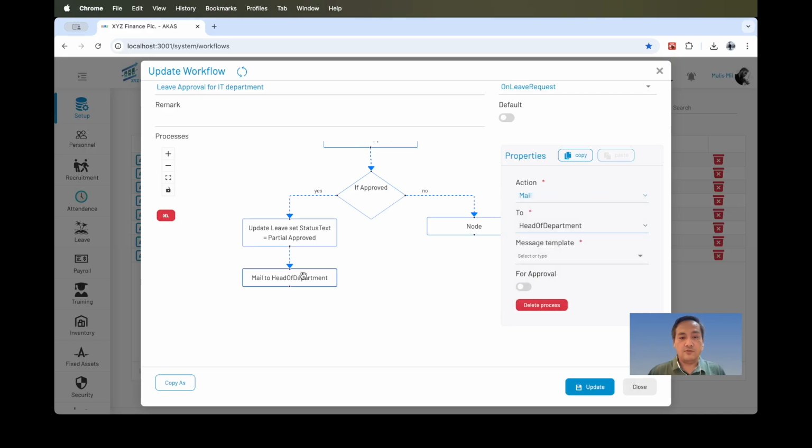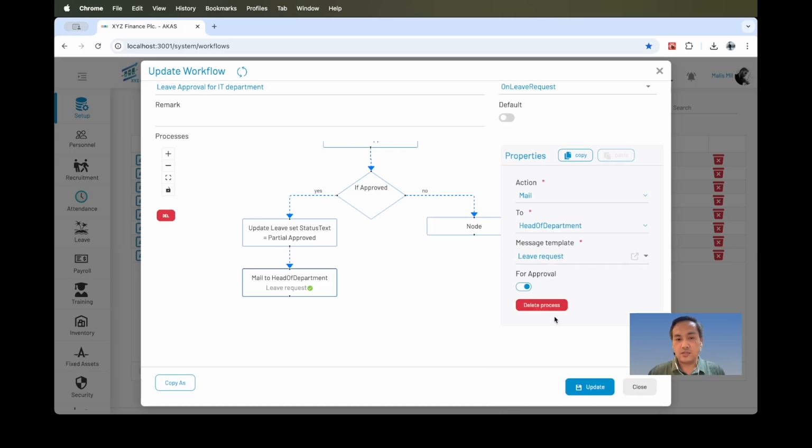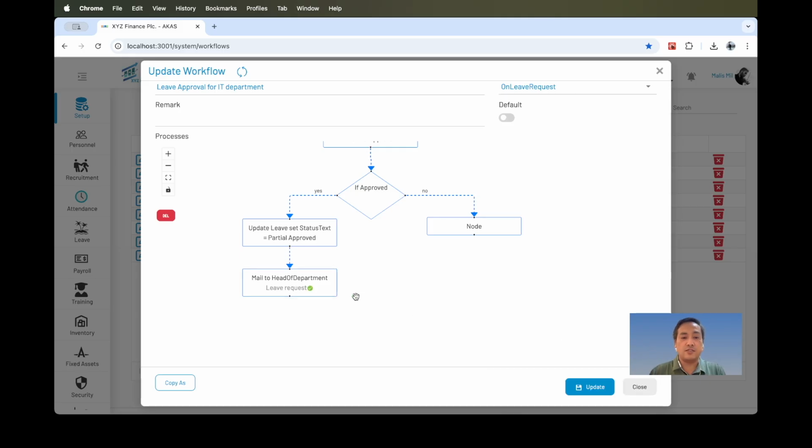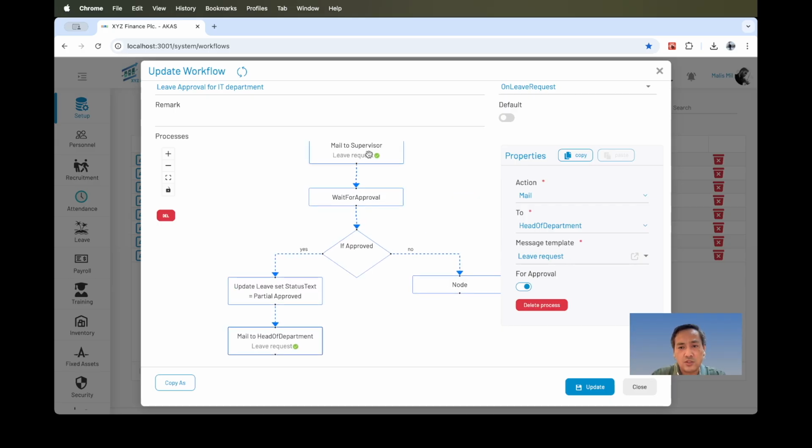So for now, we send another email to the department head for approval with this template. Same template, right? Because the variable will be replaced with the recipient differently already. So we don't need to create another message template.